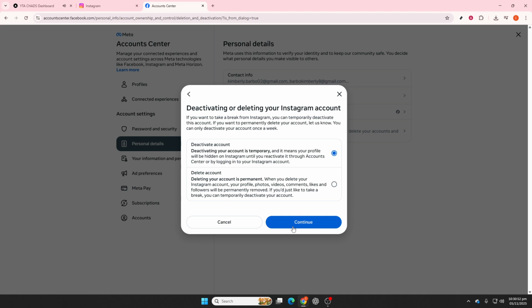Congratulations, your account is now hidden temporarily. While it is deactivated, no one will be able to see your profile, photos, or any of your activities. When you're ready